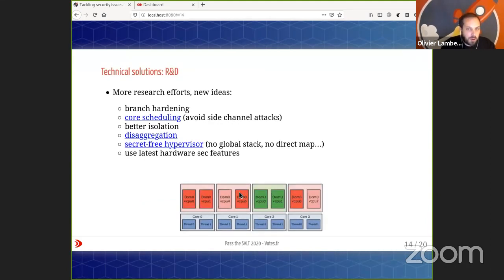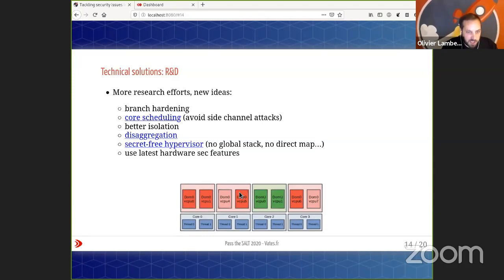But also, a more general thing, the technical solutions are also research and development. By that I mean finding concrete solutions to overcome the security issues that we can have on the hardware. So it's not an exhaustive list because it would have been very long, and explaining all of them in great detail would take days. But to give you some ideas and some leads to dig into if you want to know more, interesting stuff are,